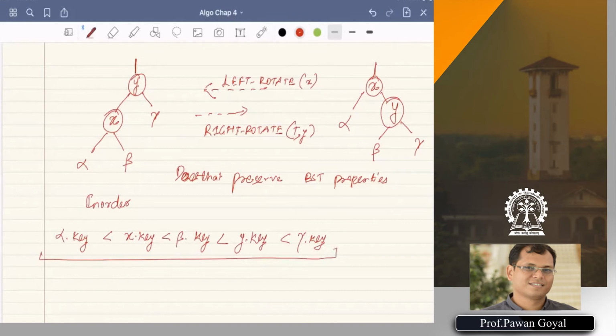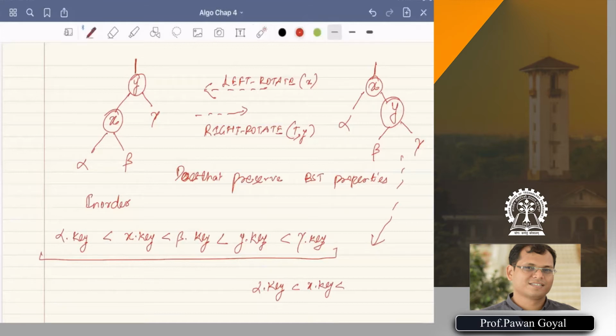Now suppose I do a rotation. From this, can I retrieve that? Again, you do an in order traversal. So you will get alpha dot key less than x dot key. Yes, and then the right. So you go again left, you go left, root, right.